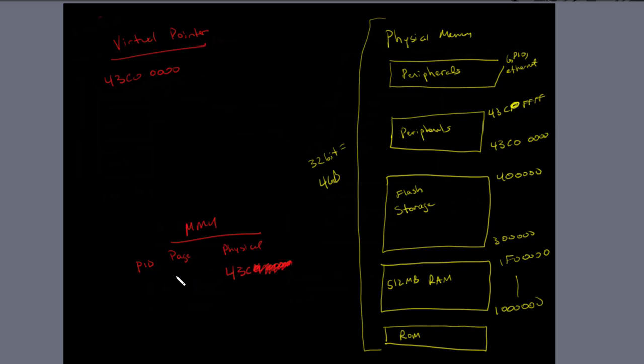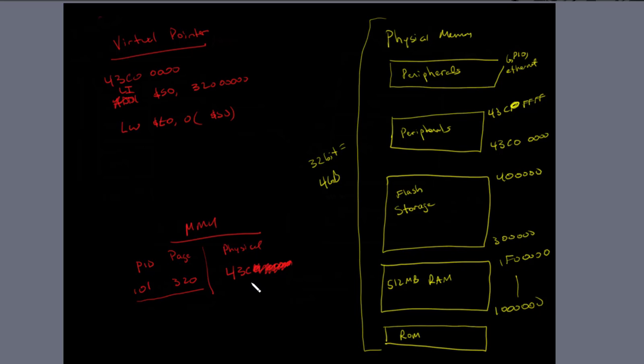So I want that page number, and I want to map it into my process page number. And I don't care what that process page number is. I just know that if I have that map, then if I do a load word, well, load immediate, how about that? Load immediate of 320000000. If I were to load that into S0 and load 0 bytes away from S0, that's going to load